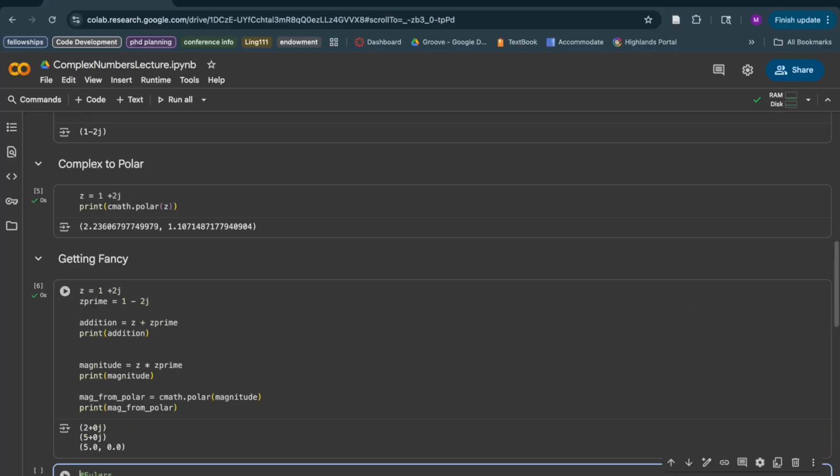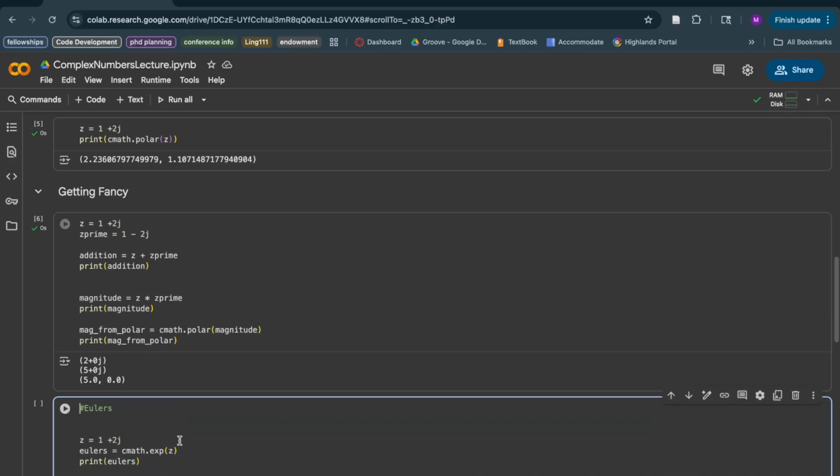If we print all of these things out, here we get our answers. If we add them together, we have 1 plus 1, which is 2, and then 2 minus 2, which is 0. If you do the magnitude, that's where you're multiplying these two together, you will get 5 plus 0, and then with polar, you get 5 and 0. So that's pretty cool. Now, actually dealing with Euler's,